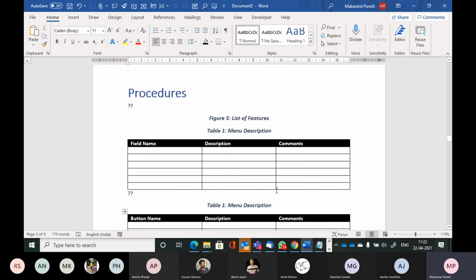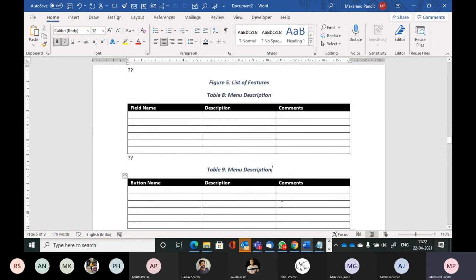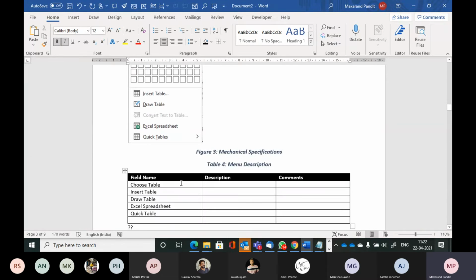And see, now everything is table 1, right? Control A, and what is the shortcut? F9, and everything changes. Correct? So this is also a mechanical process. What? Just looking at the screen, writing field names, changing the table description. Purely a mechanical process. Now that you are at the end of your mechanical process, now your creative work starts.